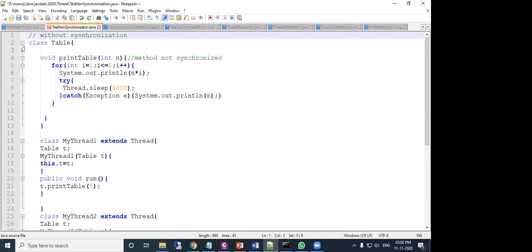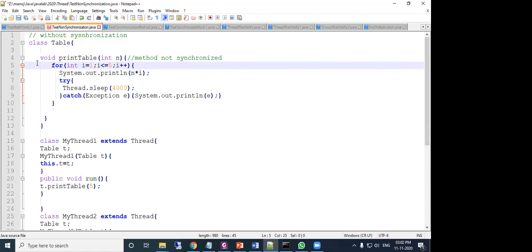Now see here, there is a class Table where I have written a method printTable, and it is getting a value n, and it prints n multiplication of i. Suppose n is 5: 5 into 1, 5 into 2, 5 into 3, like this up to the 5th multiplication value.